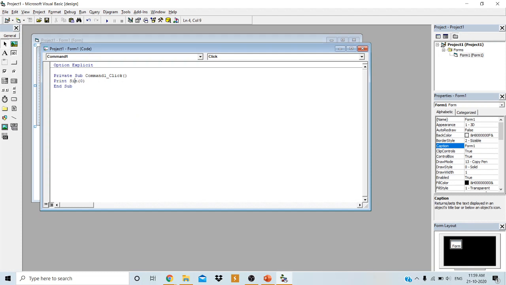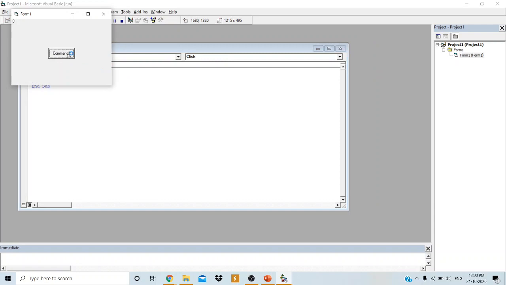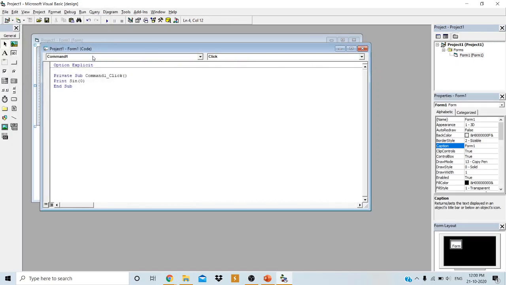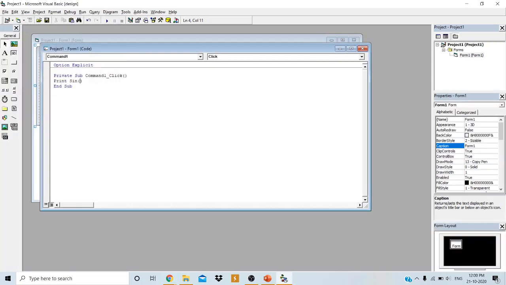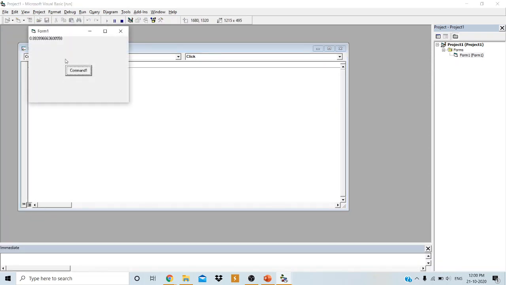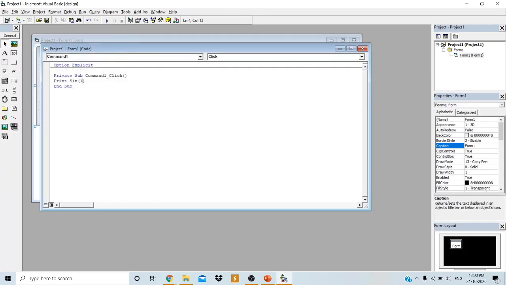So sin of 0, sin of 0 is 0 only. Then sin of 45 in radians, 0.85090 and so on. Sin of 90, this is the value of sin of 90 in radians. Okay, sin 1, sin of 1.